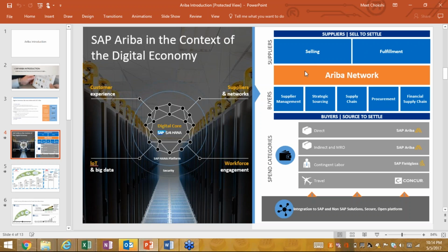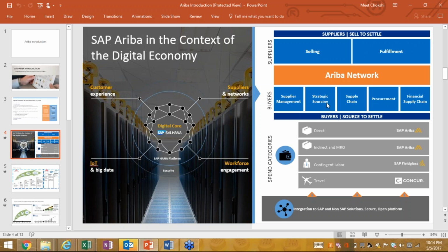with buyers. And on the buy side, these are the main portfolio, what we call the Ariba portfolio. They offer supplier management. With supplier management, we can do supplier registration, supplier onboarding, supplier qualification, supplier segmentation, all supplier related things, supplier integration, everything comes within supplier management. They call it SM.